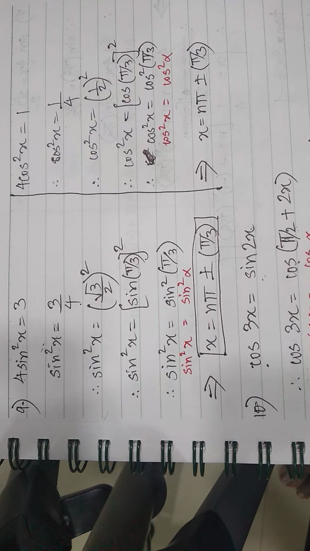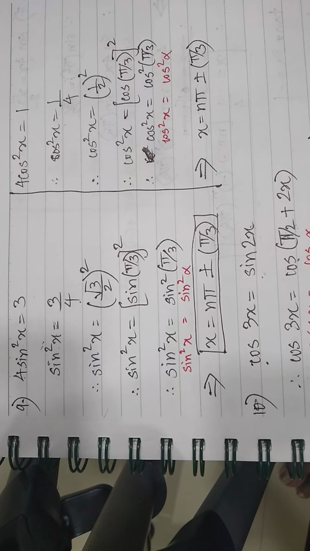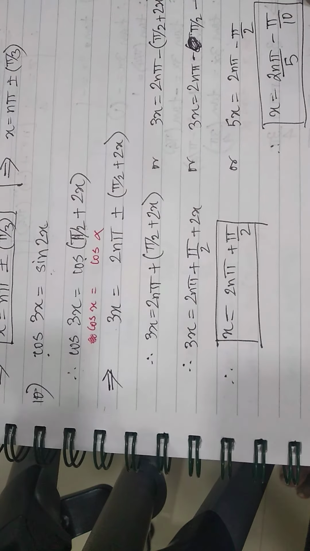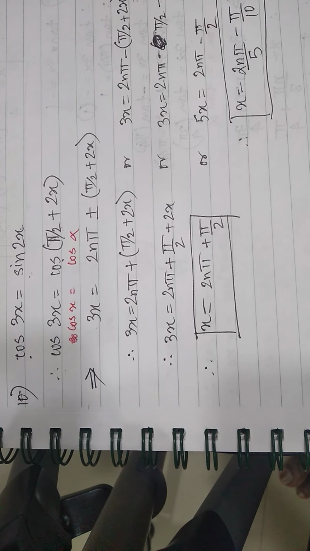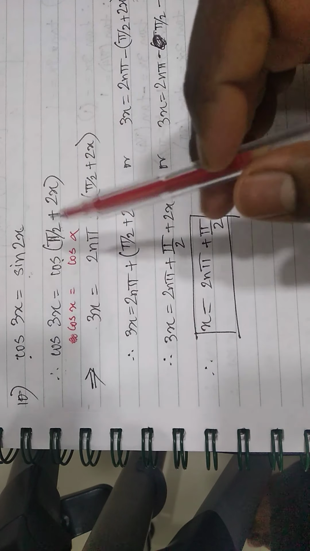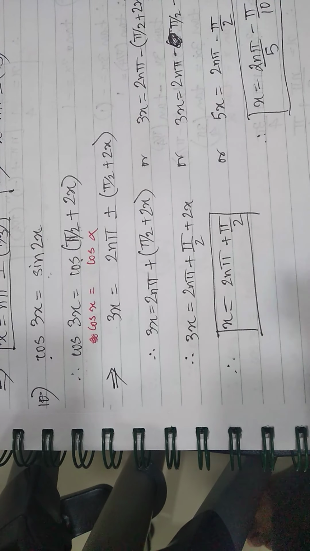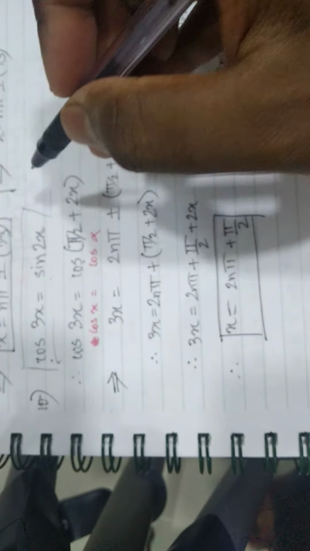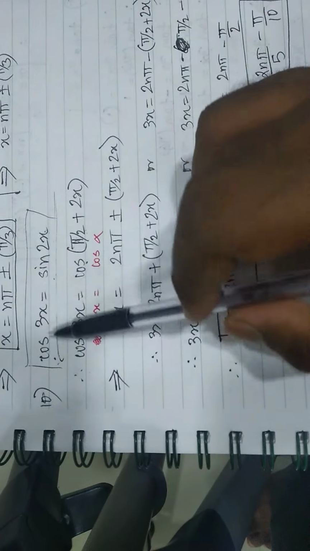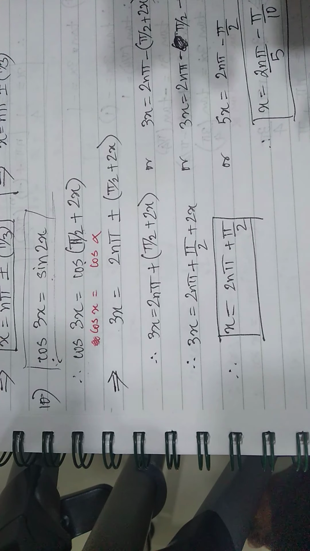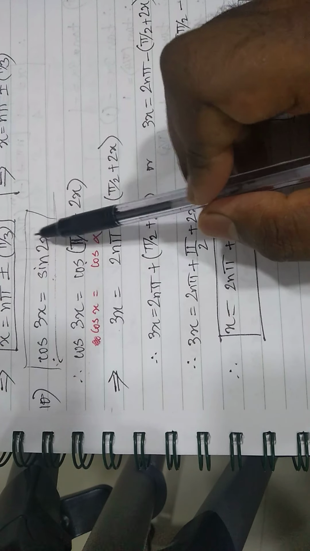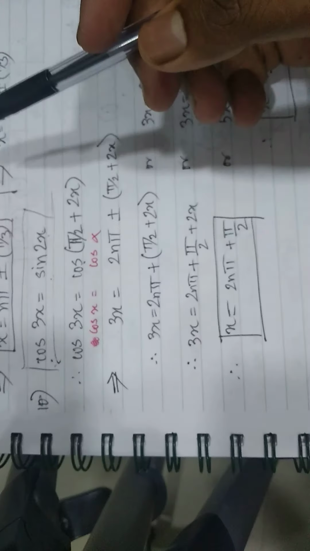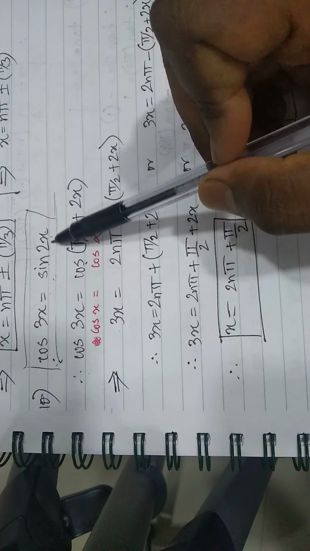Alright, so if you've understood the discussion so far, you will get a feel of how to go about with these kinds of problems. Now there are 2 such problems which will be slightly new for you all, and I will discuss that in detail very quickly. Now this is our question: cos 3x equal to sine 2x. Now here in no way does this fit any of the standard equations. Everywhere you had sin x equal to sin alpha, cos x equal to cos alpha, tan x equal to tan alpha, but here you have cos 3x equal to sin 2x.